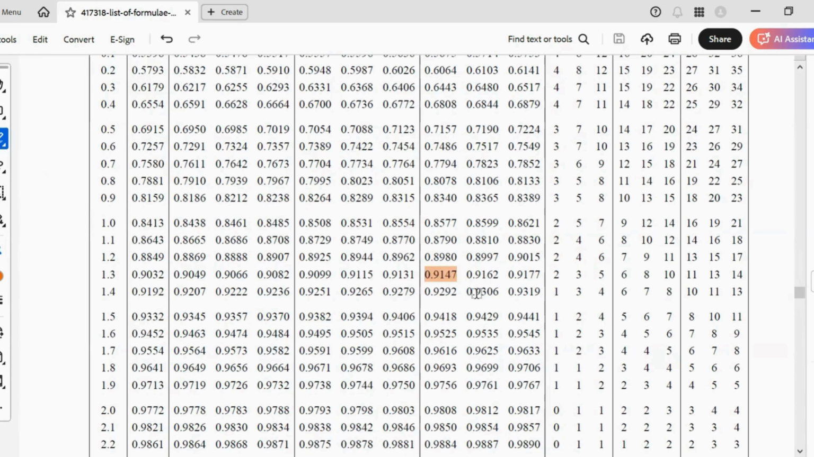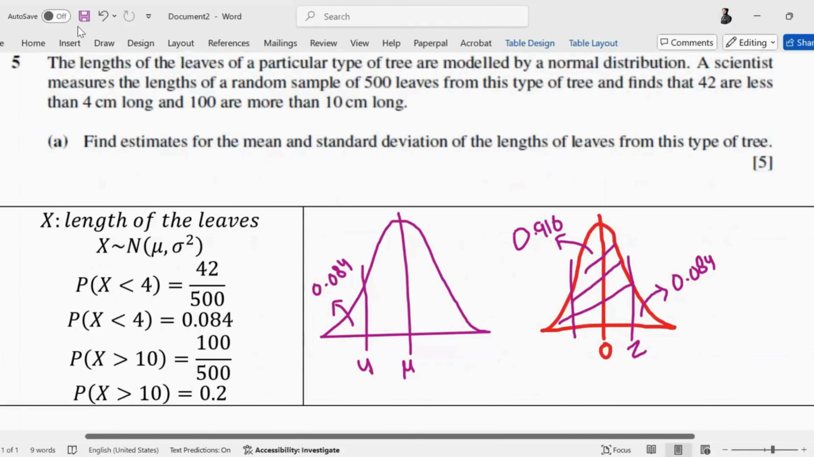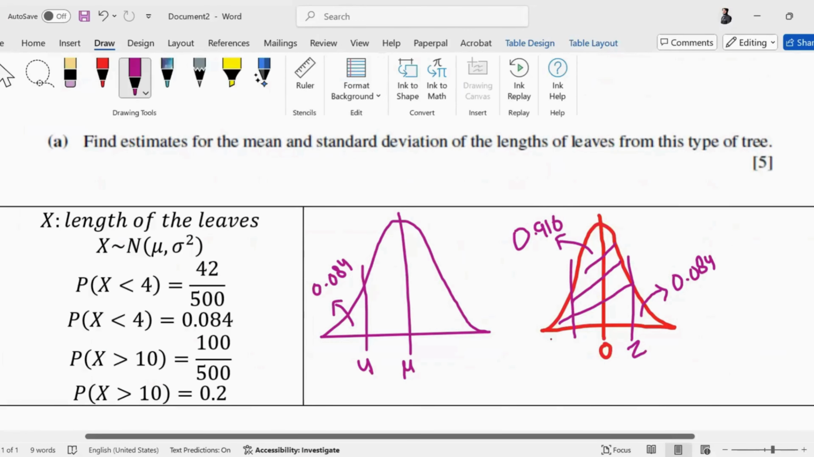0.9147 में कितना ऐड करूंगा तो 916 हो जाएगा. 13 ऐड करूंगा. Do I have the option of adding 13? Yes. So what will be my Z value? 1.3 first decimal place. Second decimal place is 7. 1.378. So this Z value, if you cannot understand this unless you are sketching the bell curves along with the